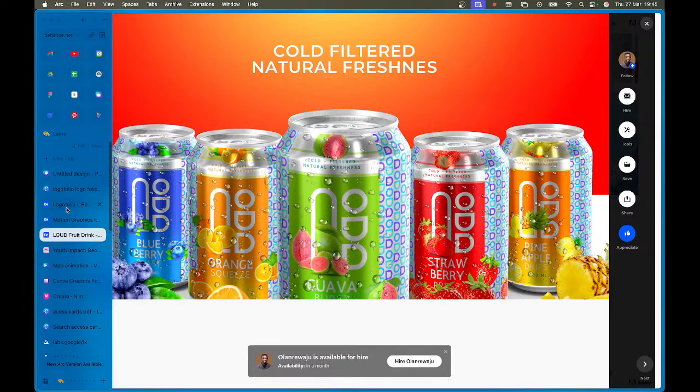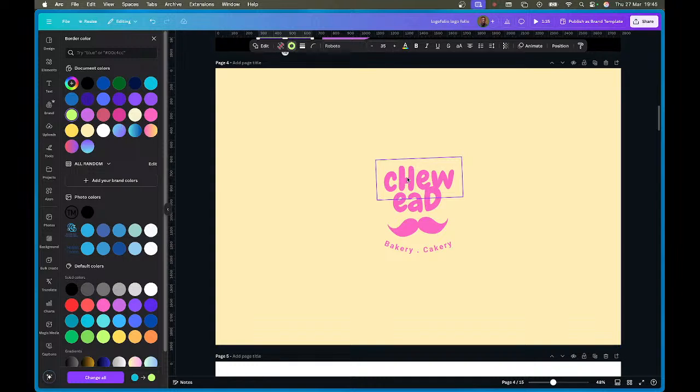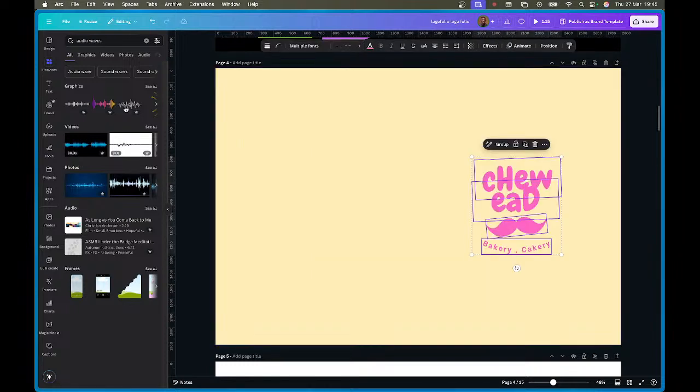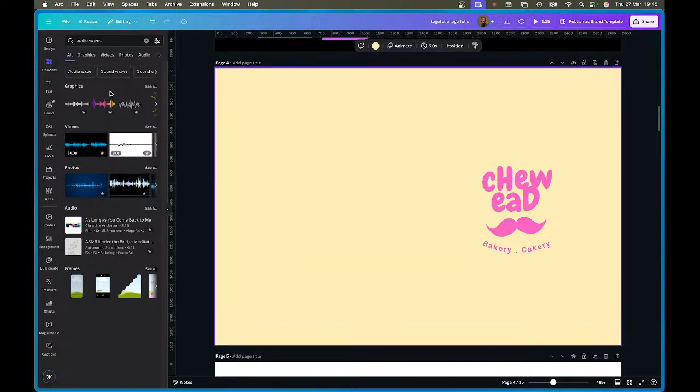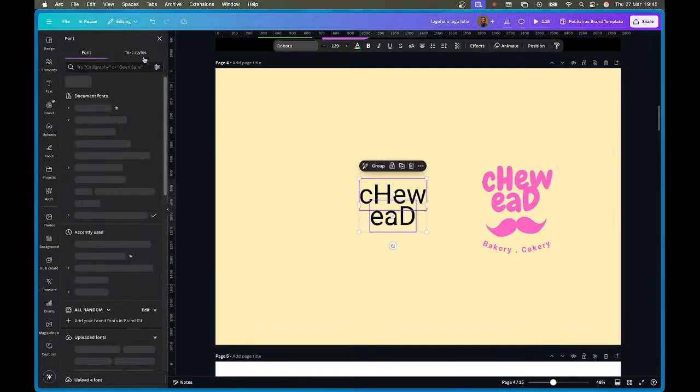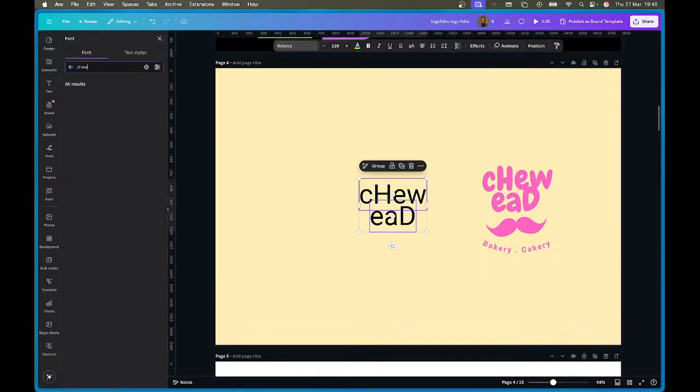Let's go on to the logo folio again and see this one. This one is basically playing with text and shapes. So what I did here, anybody can as well do, is I wrote text. I deliberately wrote one in capital, one in small, just to give that playfulness feel, because that's what the brand stands for or represents. The same thing here, A, then the D capital, and if you look at it, the name of the font is Chewy. I select everything and I look for Chewy. So that's a Chewy font,